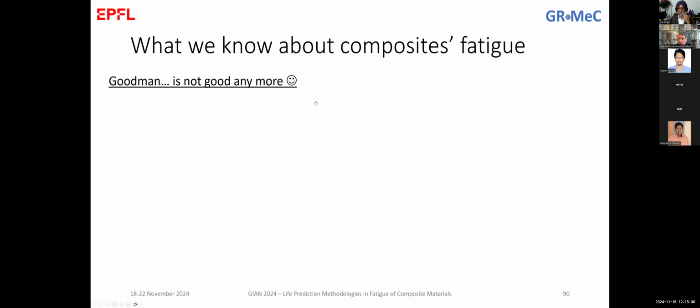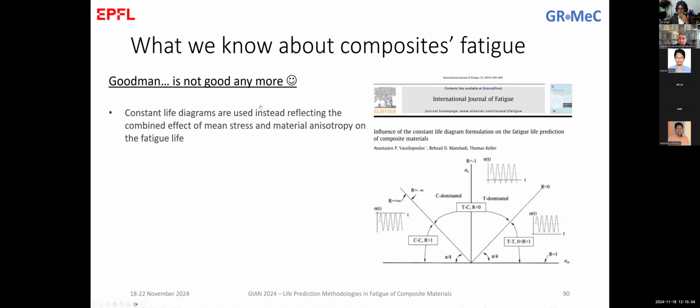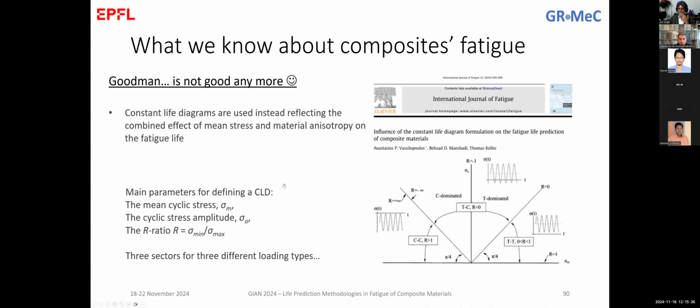So we know also about composites that the Goodman diagram is not good anymore. The Goodman diagram, you remember, it was a linear interpolation between the amplitude and the mean stress. Now we know that for composites we have a more, what we mentioned there, the Gerber line diagram. It is explained in this publication years ago. The main parameters of the CLD that we are introducing